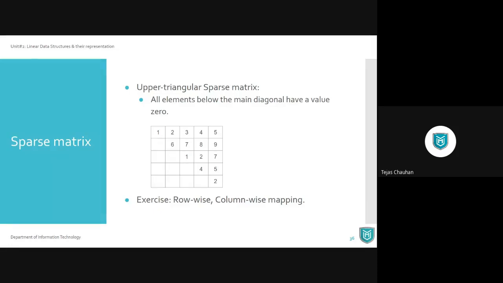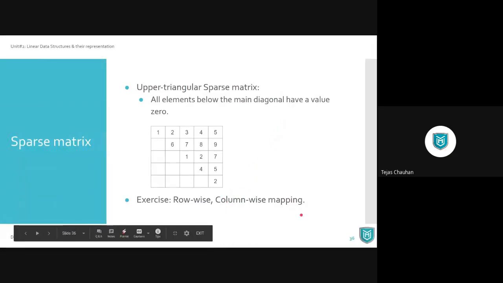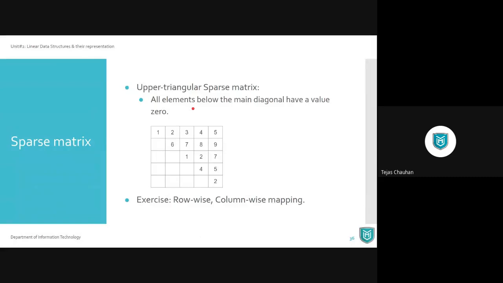To solve that problem, we come up with different mappings, and using those mappings we store this two-dimensional matrix in a 1D array. Then you write down row-wise mapping, column-wise mapping, and give one or two examples: upper triangular, lower triangular, and one more mapping as the third example,